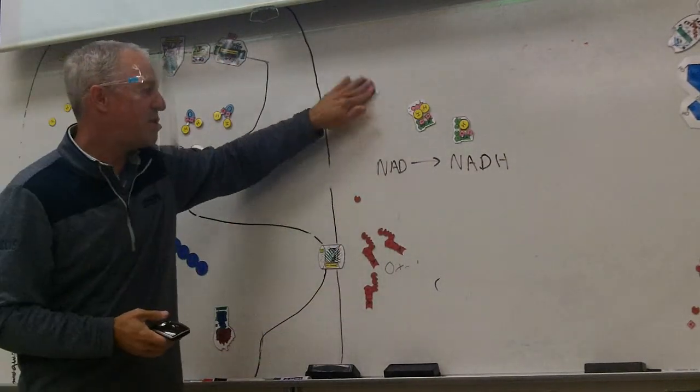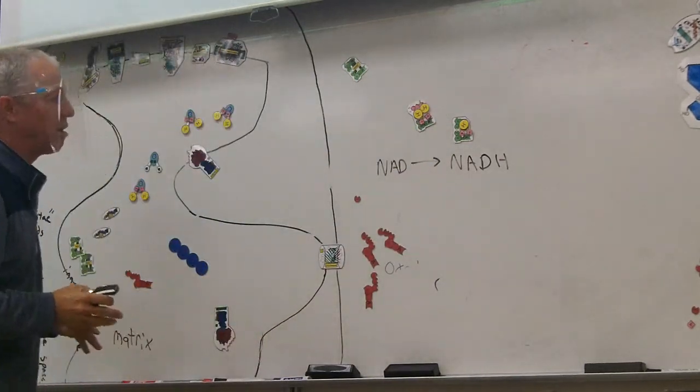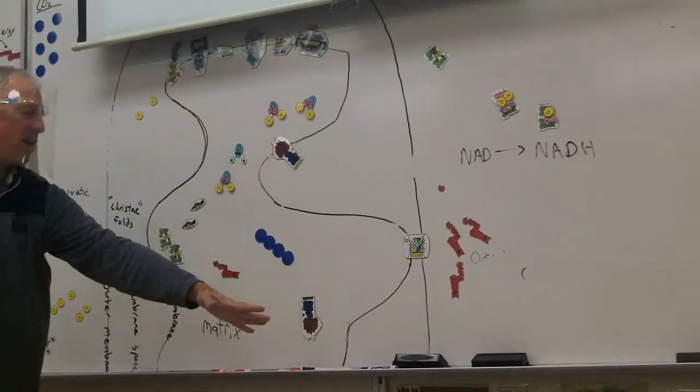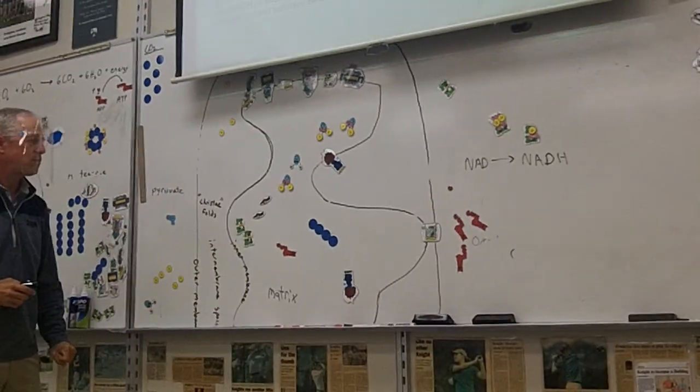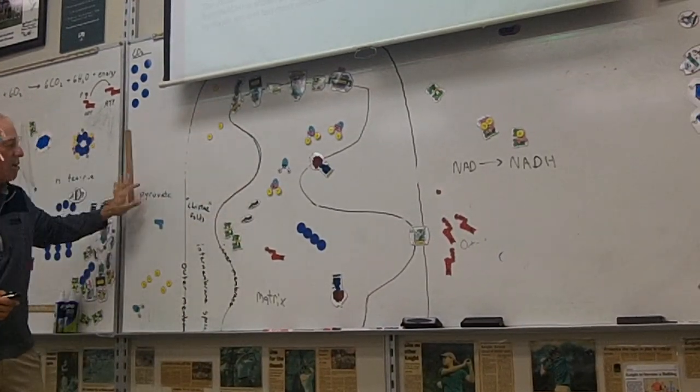And the cells use these electron carriers. We're specifically going to look at them in the mitochondrions. This is a big mitochondrion. Can you tell? Yes. We're going to learn all about what happens inside and outside the mitochondrion